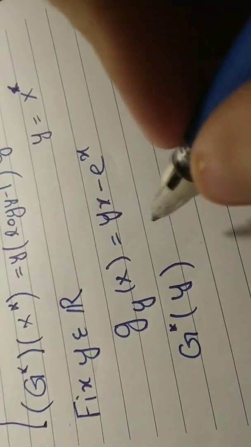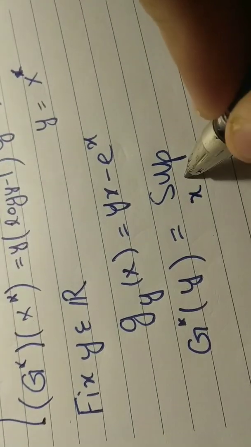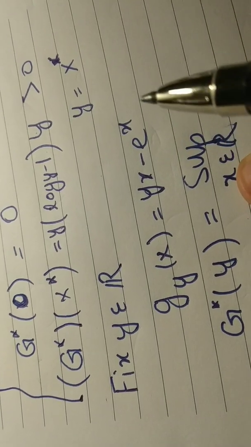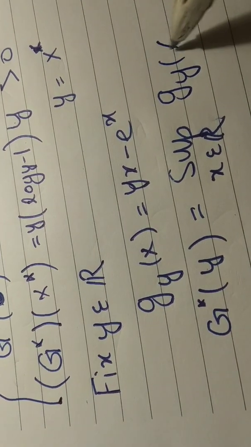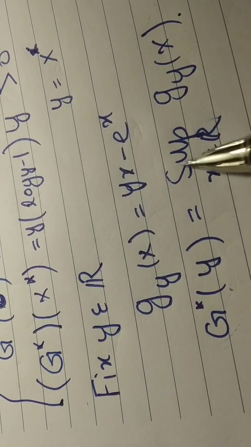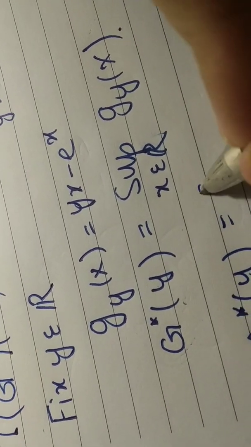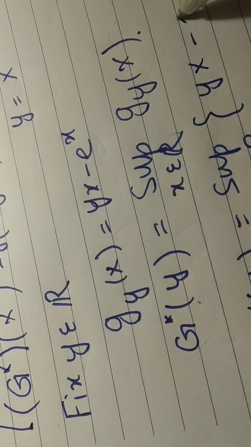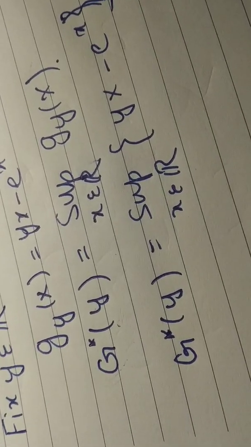Now we know that the supremum, x belongs to R, x जो है हमारे पास रियल स्पेस से बिलोंग करता है. x belongs to real space R, and then I write g by x. You know, this is the definition of convex conjugate. If you are confused, then I will also write it like this. See, I think now you understand what I do here. Okay,